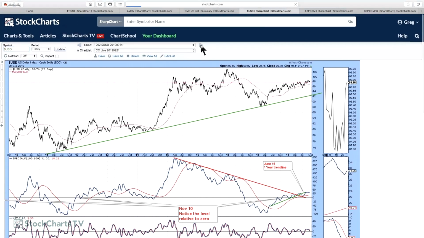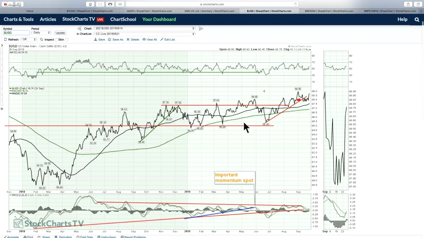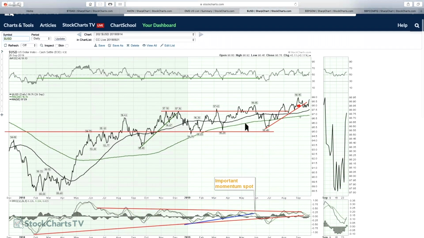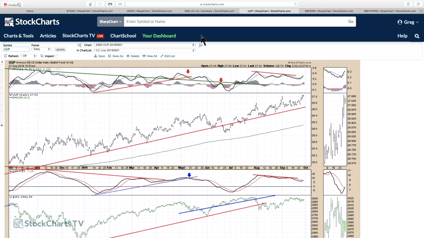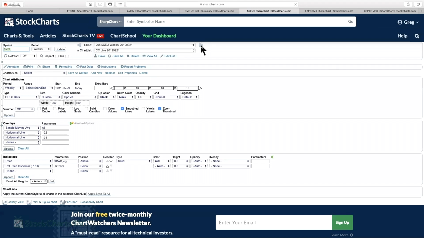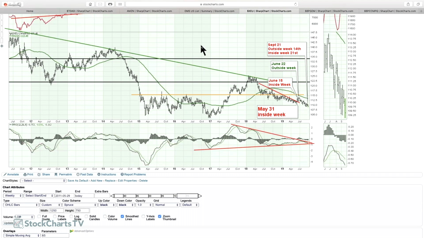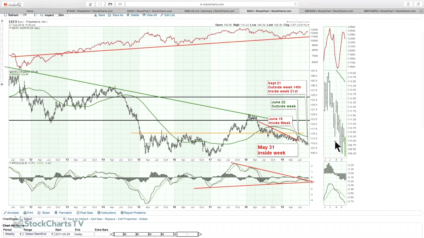Looking at it on the daily basis, you can see this surge, PPO turning up right above zero. That's usually a very bullish place for it to turn up. So as we watch that kind of happen, I think this dollar is definitely worth focusing on. And the UUP was the one that actually pushed to a new high. But anyway, I think the dollar is worth watching here because there's a lot of clues that could tell us about the overall market.